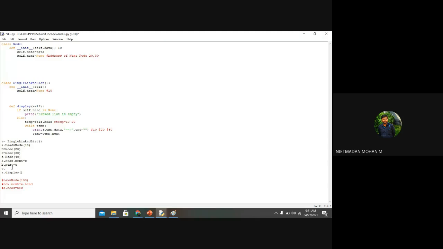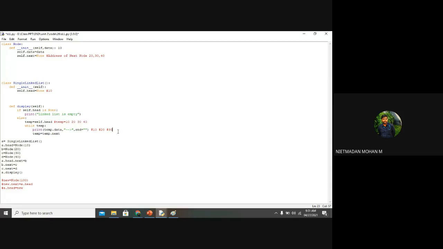B dot next is equal to C, C dot next is equal to D. So now it will take the next variable, which is also 40, and it will change with the use of the temporary variable. For each iteration, it will change the value and print the result.